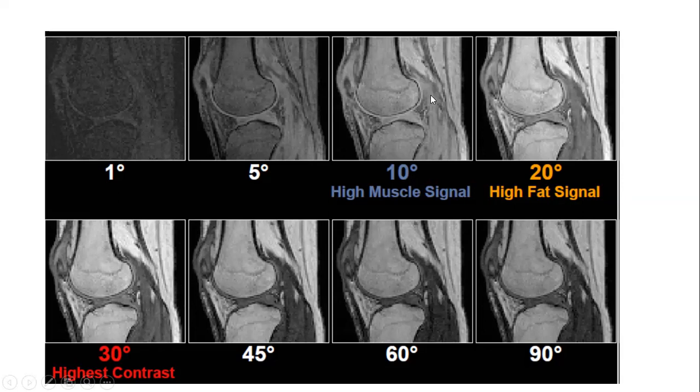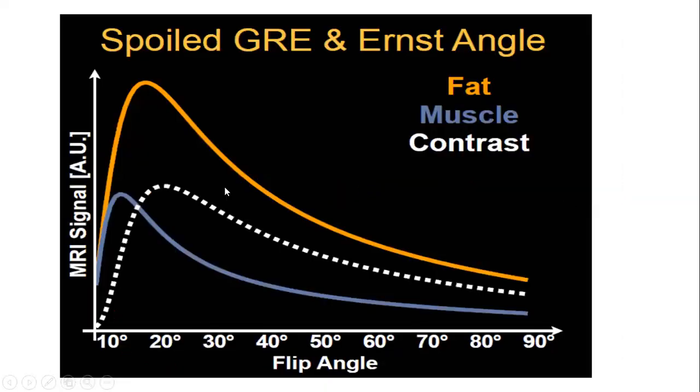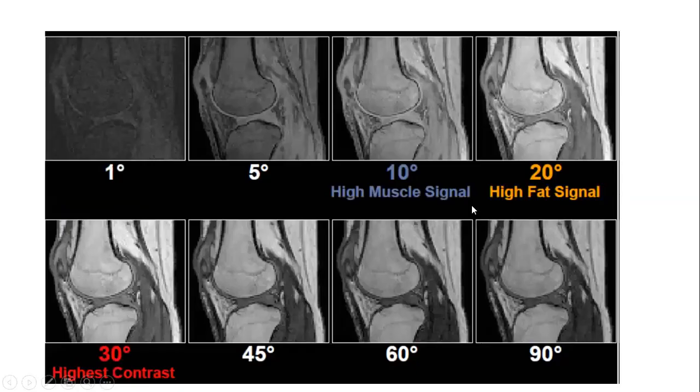So at this point, we have the highest amount of signal coming from the muscle. Of course, it is evident from that. For muscle, the flip angle is around 10 degrees. So for that, we're going to have the highest signal coming from muscle. Then for fat,